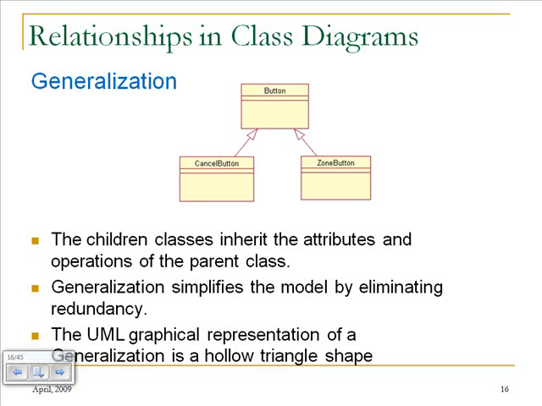Another concept is generalization, which I mentioned earlier, where we are going to have a parent or a superclass, and then we're going to specialize it into a subclass or special class. So here's an example of generalization where I can have a button. If you are creating a user interface, that user interface can have a button that you can click,